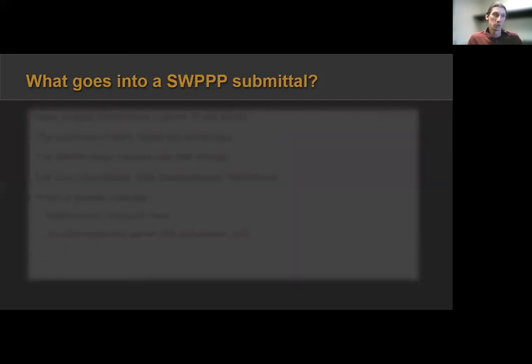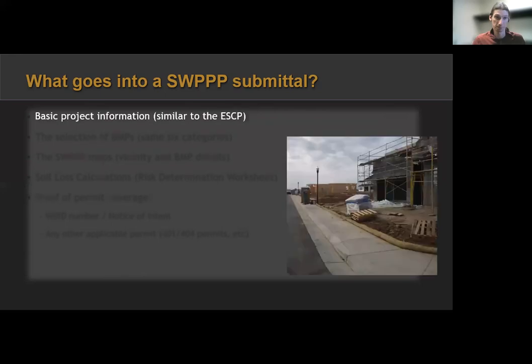So what goes into a SWP submittal? Well, remember I said this is similar to an ESCP. A SWP is an ESCP in spirit. So we need, guess what? Basic project information. Very similar to the ESCP with a few additions.